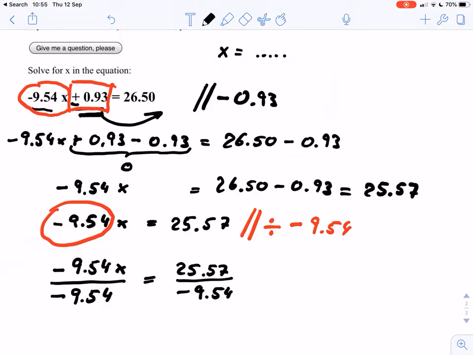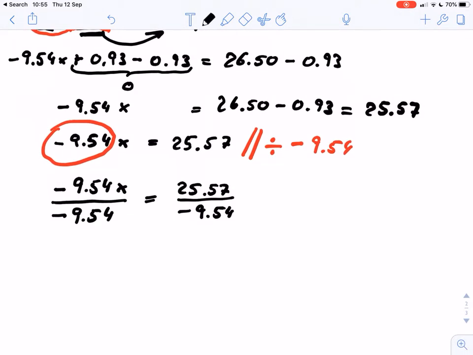What we see is that on the left-hand side of the equation, we can cancel out the negative 9.54, and all we have left is 1 times x, which we can write as x